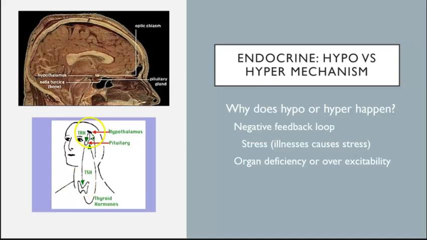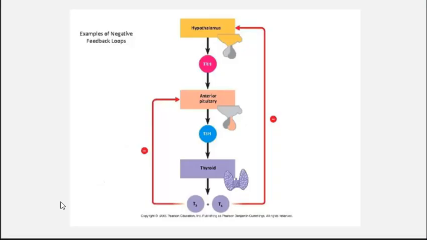So your hypothalamus releases a releasing hormone that stimulates the pituitary gland. That pituitary gland then stimulates the thyroid gland to release its hormones. But now we have too much. So now the thyroid is saying back up to the pituitary gland, we don't need to be stimulated anymore. That is a negative feedback loop. Our positive feedback loop is just the way that it goes naturally. So hypothalamus, pituitary to thyroid to the T3, T4. Just another example of that.